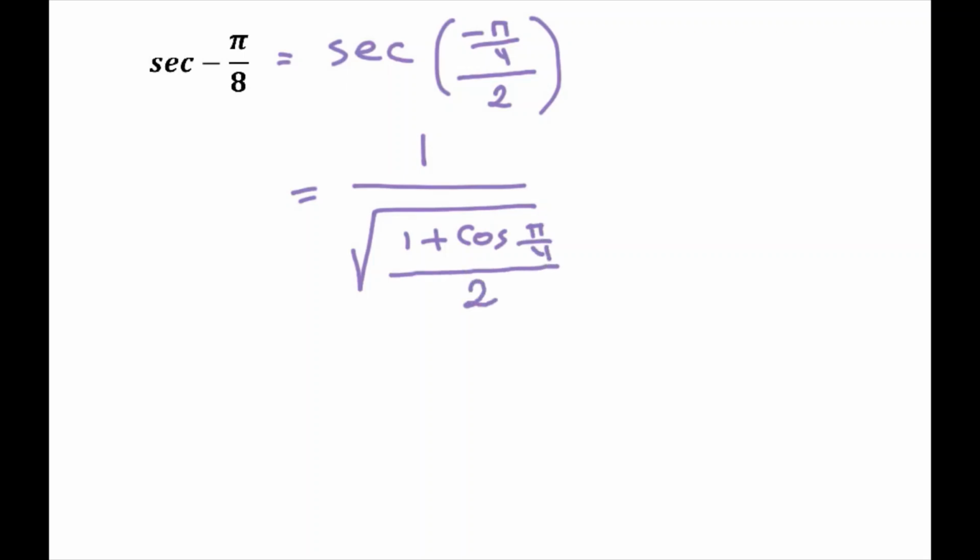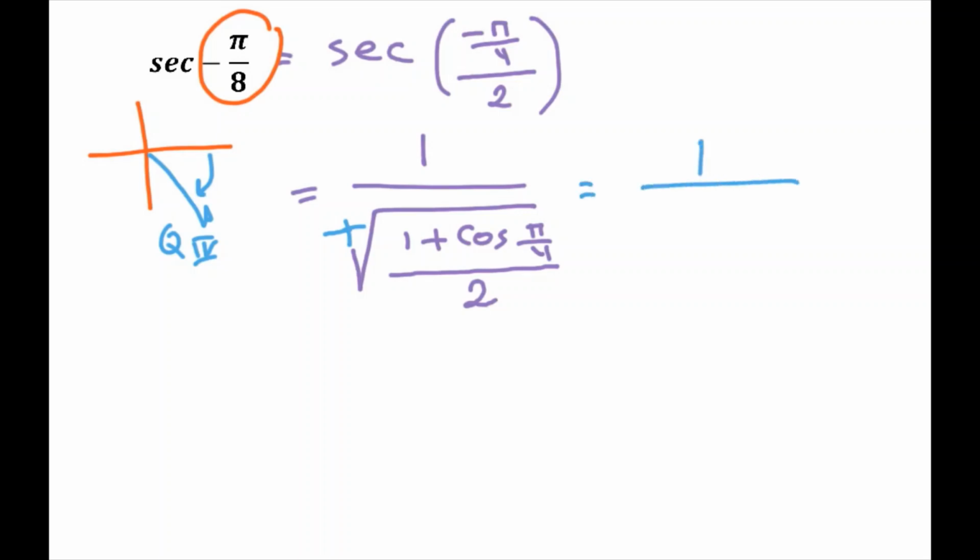Now I need to find whether it's positive or negative. Negative pi over 8 is basically an angle here clockwise, and that's an angle in quadrant 4. An angle in quadrant 4 has a positive half angle cosine, so it's going to be positive. That's going to be equal to 1 over